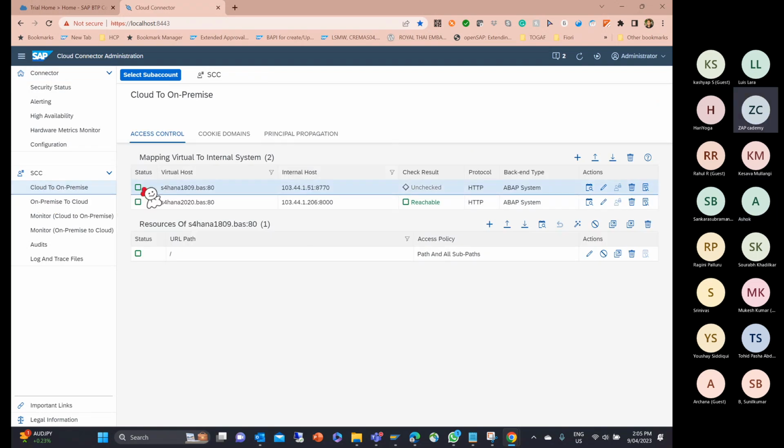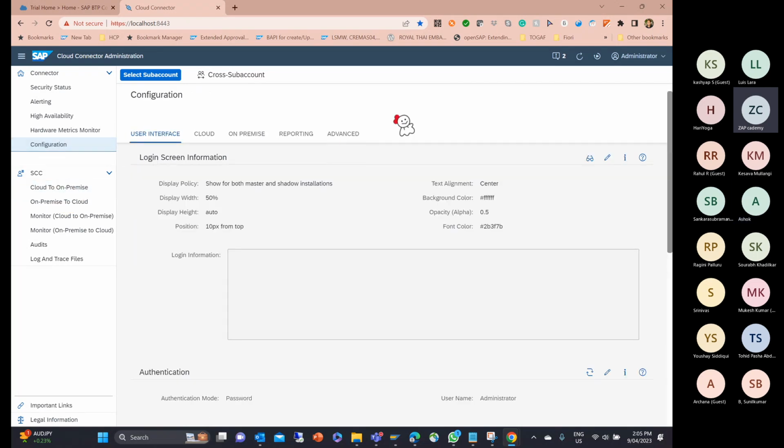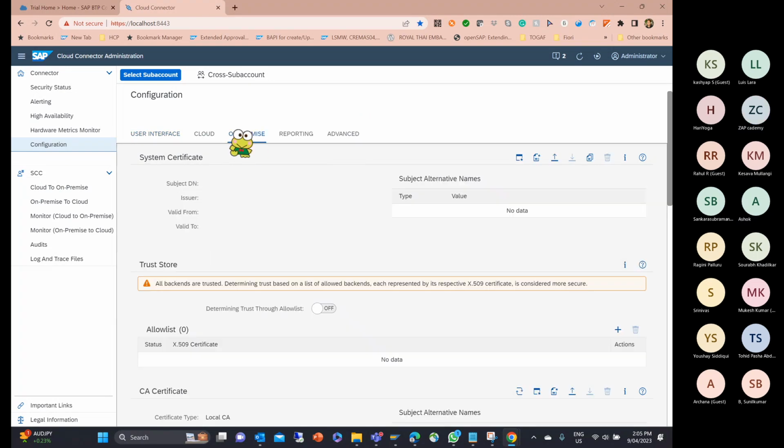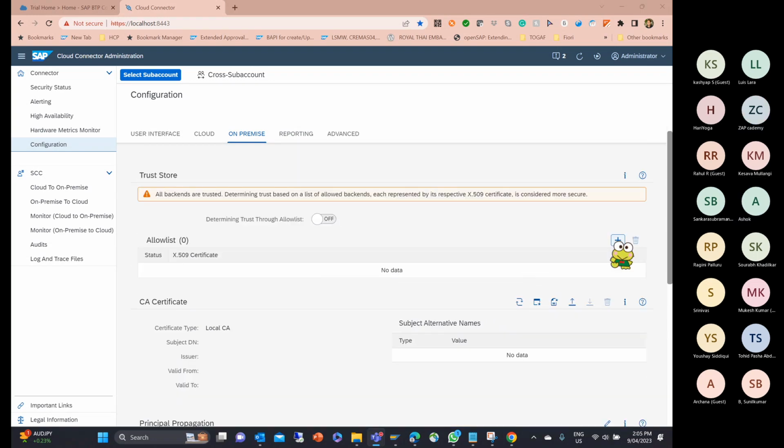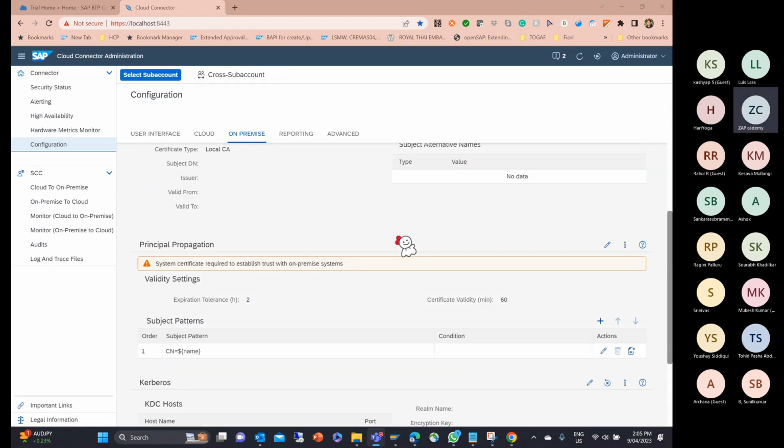Now do me a favor. Go to the configuration tab in the connector section at the top. Configuration, yeah. Go to the on-premise. All backends are trusted, determined based on the list of allowed items. Okay. Here, any option to create a certificate? You can import one, I think. No, it should have an option called